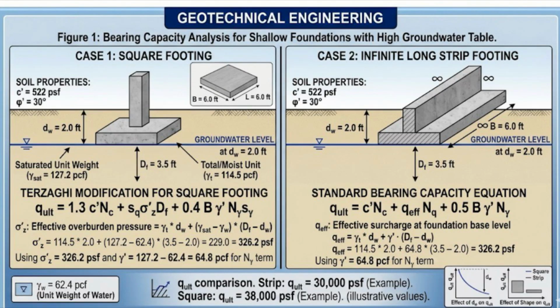In this episode, we're looking at the complex relationship between soil mechanics and hydrology, specifically how shallow foundations behave when the groundwater level rises above the footing base. Designing for a Phi-C soil, which possesses both internal friction and cohesion, requires a nuanced approach to bearing capacity. When your water table sits between the ground surface and the embedment depth, D_F, you aren't just dealing with soil,